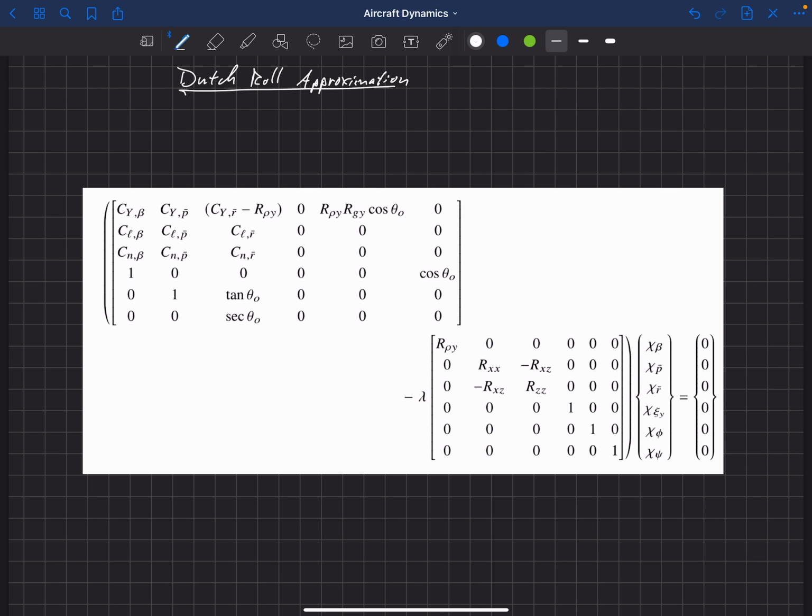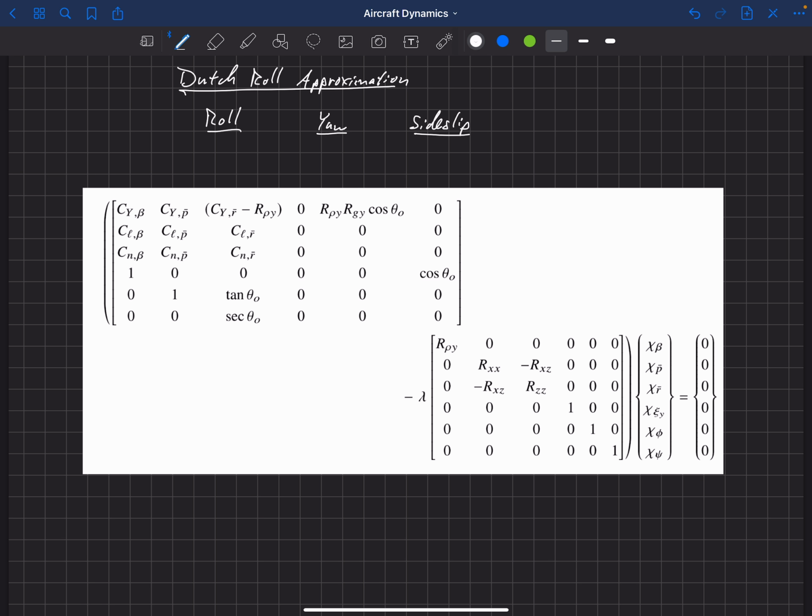Let's now look at an approximation for the Dutch roll eigenvalues. There's a traditional approximation that we're going to talk about here that's actually not very good. But to understand this, we have to first understand that Dutch roll is a combination of three major things: some roll, some yaw, and some side slip. All three of these things are acting together. So again, this is this fishtailing feeling, but it's coupled roll, yaw, and side slip.